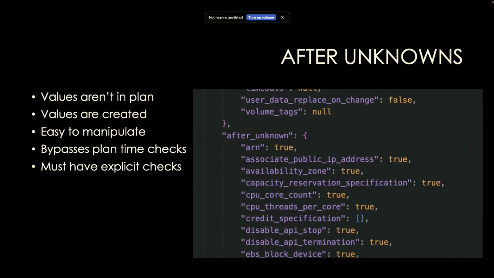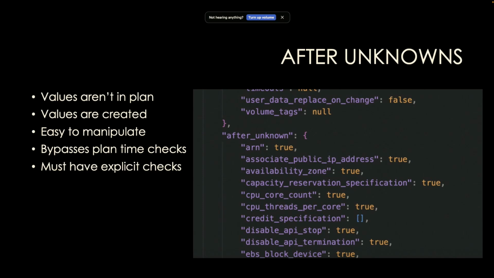And the interesting thing is if you don't have these explicit checks, if you're trying to get around these security policies, if you can force values to be after unknown, which means making it, like using a dynamic value, you can do this with dynamic blocks in Terraform. You can do it by having dependencies on things that aren't generated. There's a lot of different ways to make it after unknown. It basically bypasses those checks because it moves it into a different part of the plan where those checks won't see it. So we use this to basically bypass some of the security controls